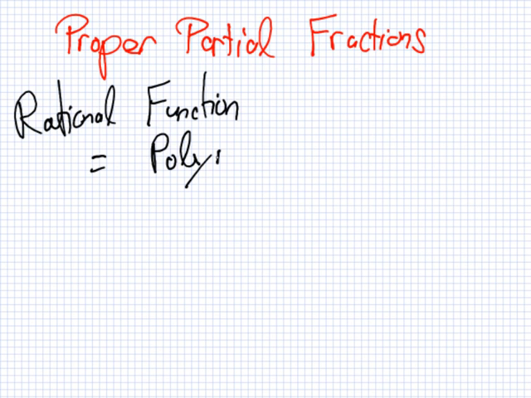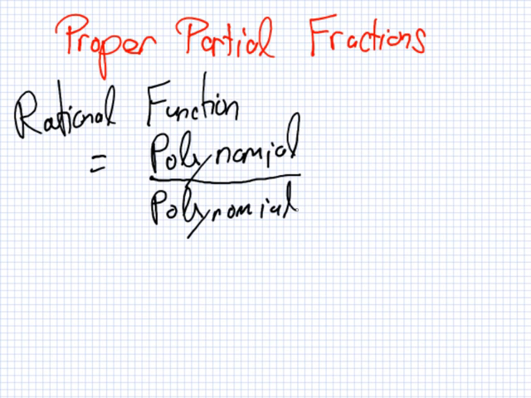A polynomial, which I'll explain in a moment, over a polynomial. Does anyone know what a polynomial is? Yes, what is it? Doesn't ring a bell. Like a quadratic equation with more than, not a quadratic equation, but like after cubic. You're half right. So a polynomial is a linear, quadratic, cubic, or other type of equation of this form. So for example,